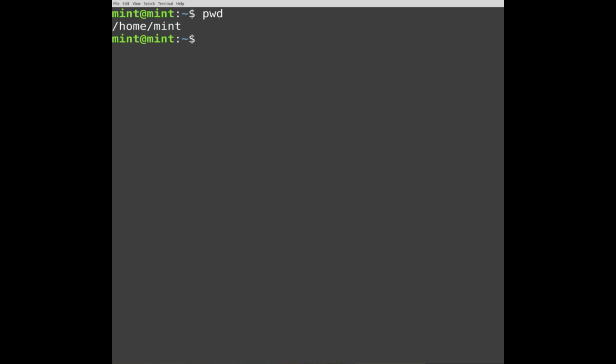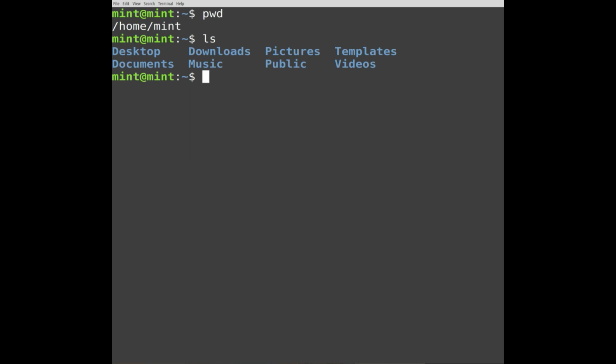So let's try it, and here we got a lot of directories and files. So from here, let's say we want to go to desktop, from the base to desktop. So here we use the command cd, which is shortcut for change directory,